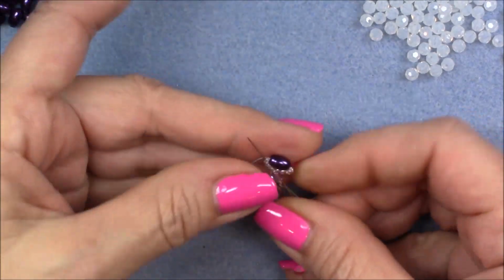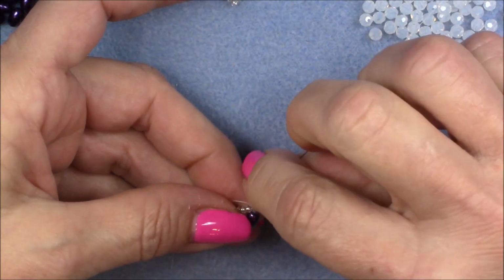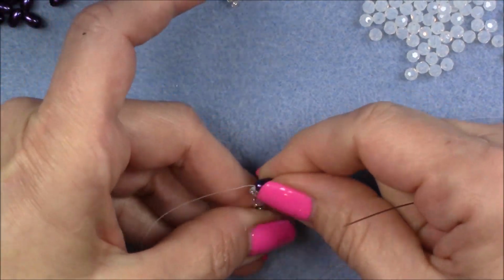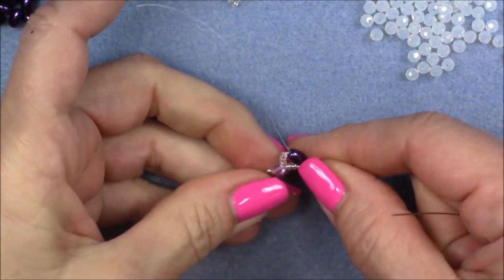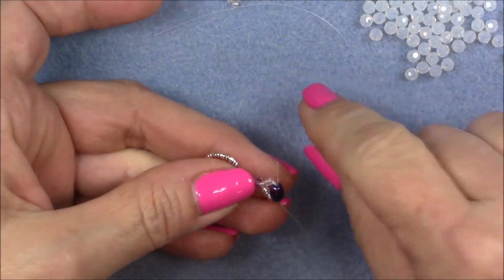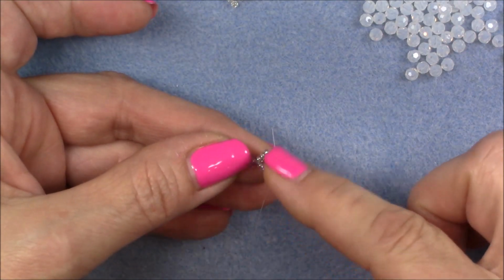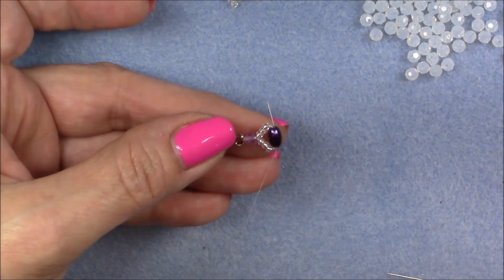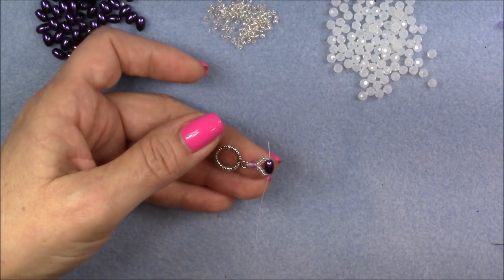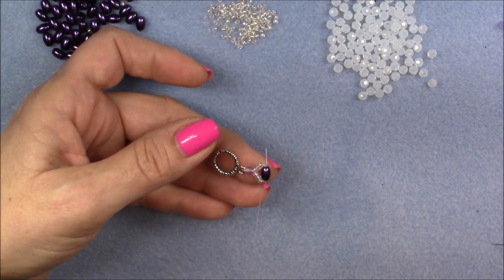Move my tail thread out of the way. Pull this through, and then I'm going to go back down into my rice pearl. And now I have my clasping end ready to go. You can just cut the tail thread down. I'm not going to cut it completely down. I'm going to leave enough to burn down, but at this point, until I come back through this bead, I'm going to leave this a little length here so that I don't have a knot that blocks me from coming back through that bead. So then, after you have secured your clasping, we're going to start the first segment of